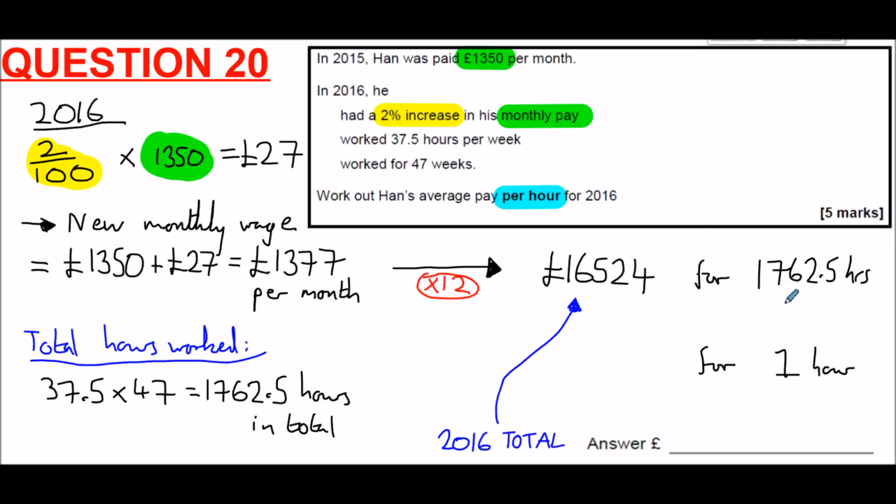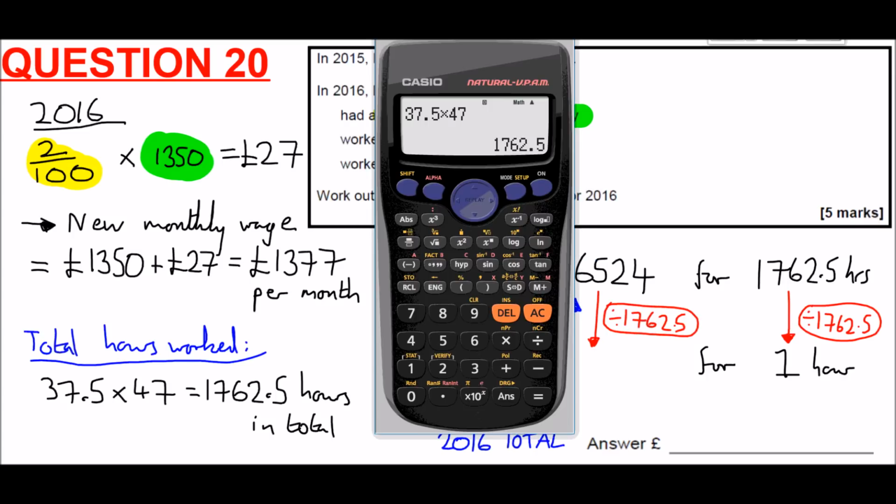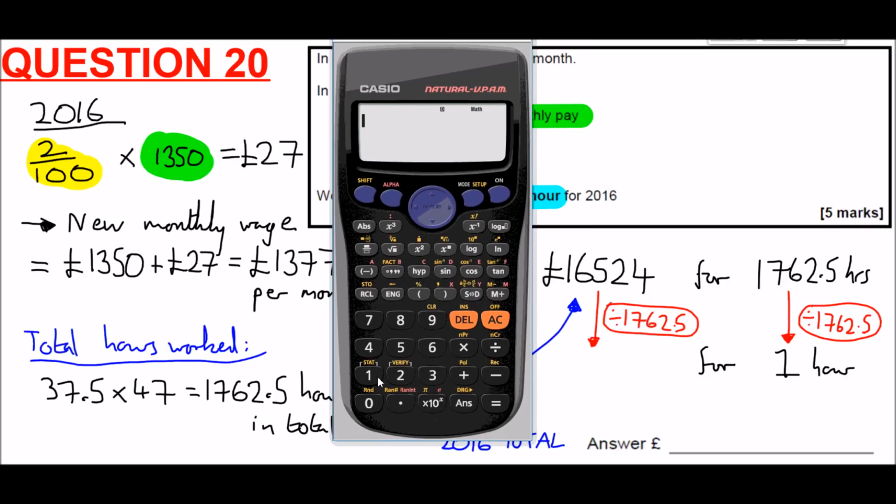So what can we do to 1762.5 to bring it down to exactly 1? As I've mentioned before, in class and in this video in fact, we can divide any number by itself to get 1. So what we can do is divide by 1762.5. However, if we divide this side of the relationship by this number, we'll need to do the same to the other side, in this case the total wage. So divide both numbers by 1762.5, and that will tell us his hourly wage. So 16,524 divided by 1762.5,